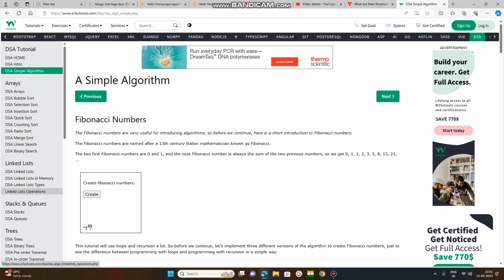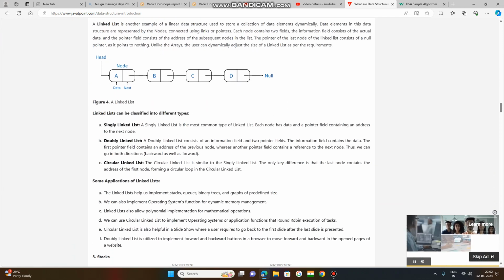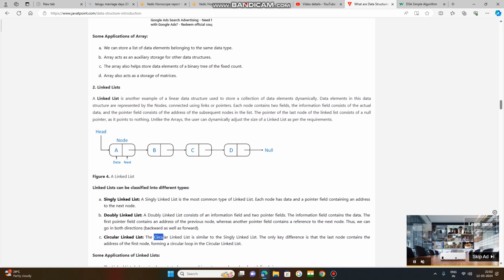We will also study the linked list. As I told you, we need to study the singly linked list, doubly linked list, and circular linked list. And array,